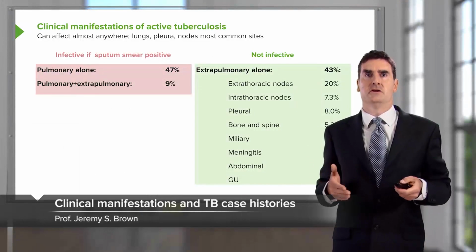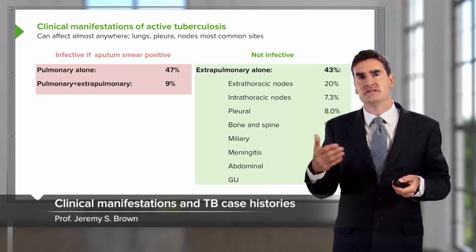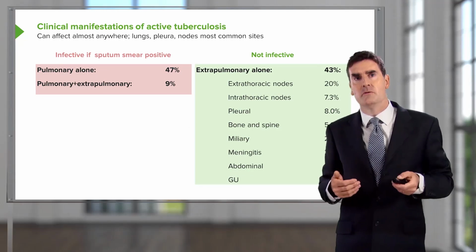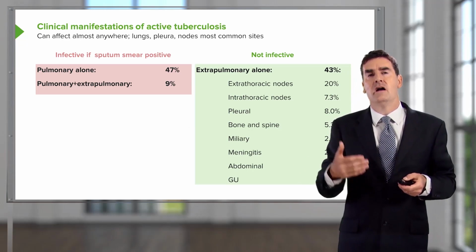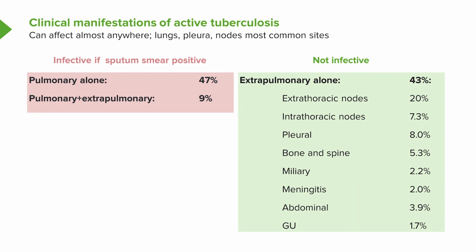So the clinical manifestations of tuberculosis are lung alone, pulmonary, which is nearly half of people, a combination of lung plus outside of the lung disease, which is only about 10% of people, and then there's just extrapulmonary disease that's not affecting the lungs, and that includes the mediastinal lymph nodes, because they're not actually part of the lung, they're in the mediastinum. And it also includes pleural tuberculosis, because the infection is of the pleura itself. Again, that's not the lung parenchyma. Now, an important distinction here is that infective disease are those patients with pulmonary disease, and all the extrapulmonary forms of tuberculosis are essentially not infective.